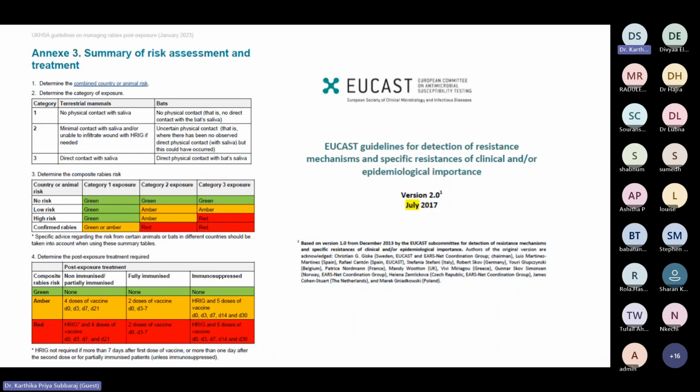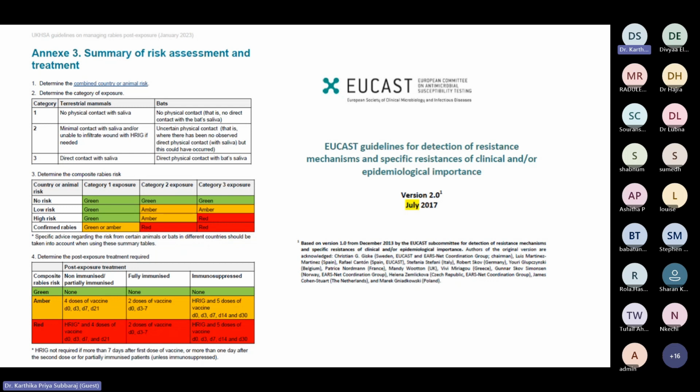So for a rabies patient, what are all the things you will do? How do you risk assess the patient? How do you categorize them? Which patient will need immunoglobulin? Which patient will need vaccine? All those will be available in the green book, and you can go through the documents. So the green book is useful for tetanus, rabies, hepatitis A, HBV. All those questions are mostly concentrated there, or the notes will be easier in the green book, so follow that.